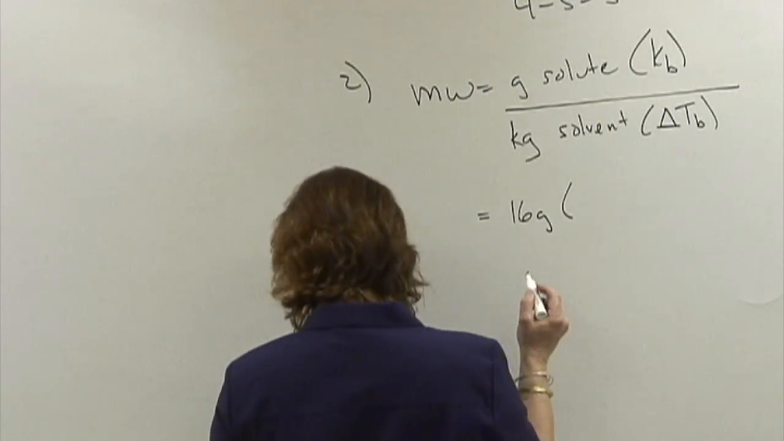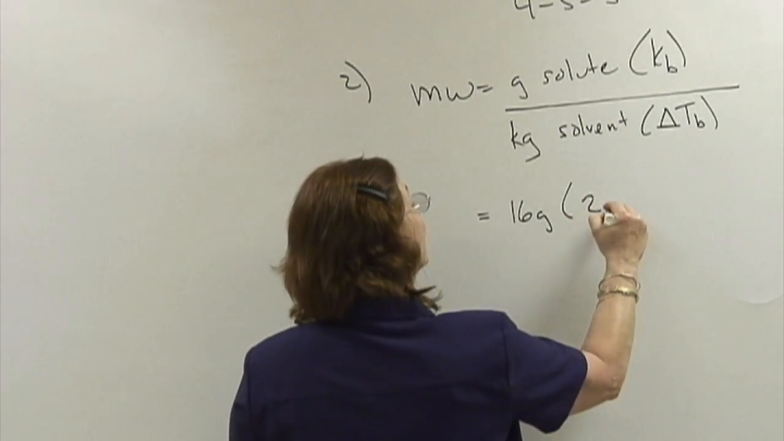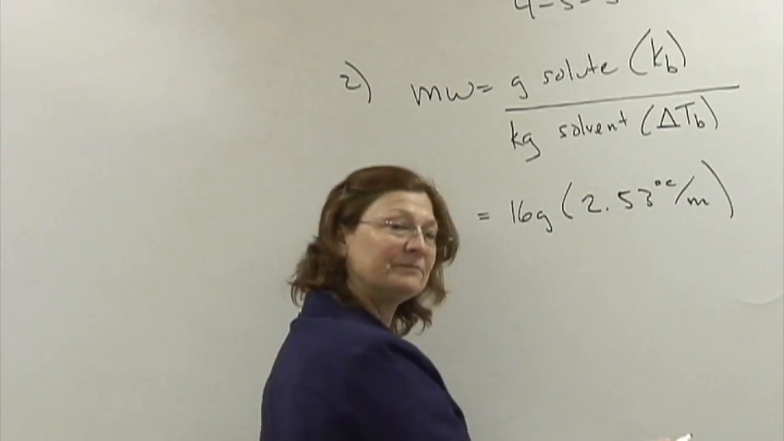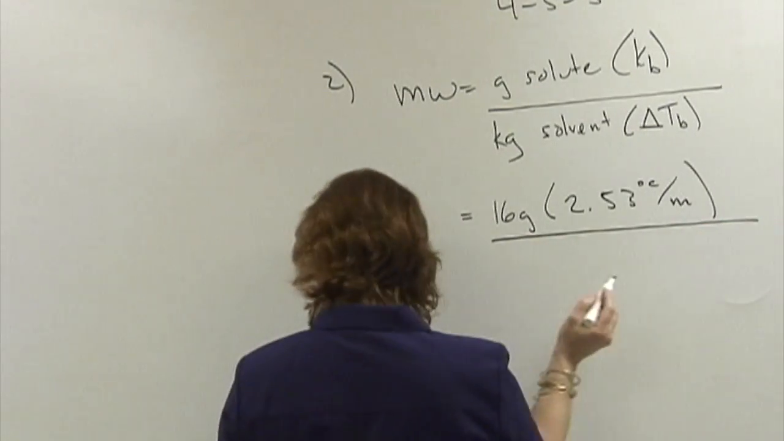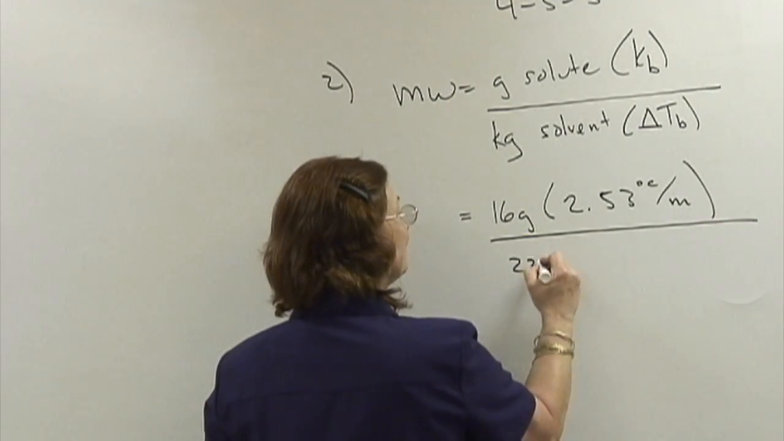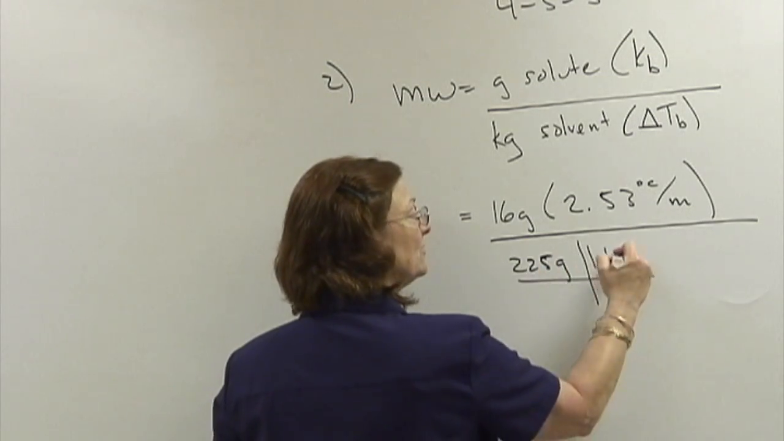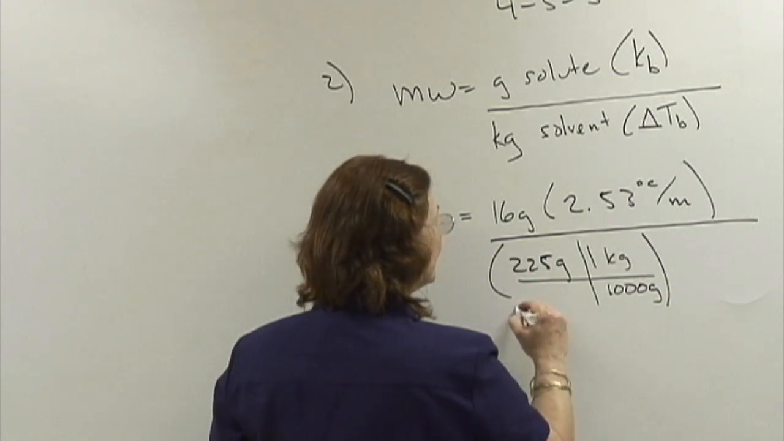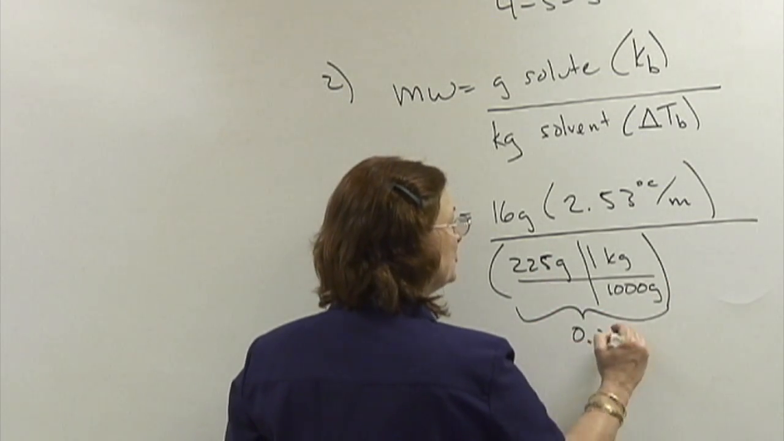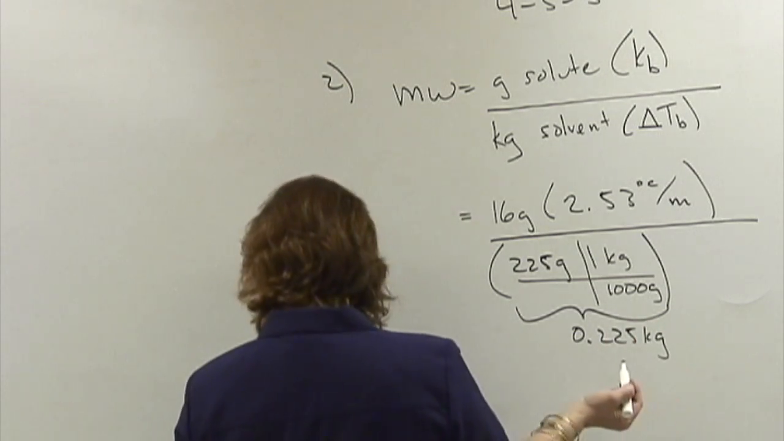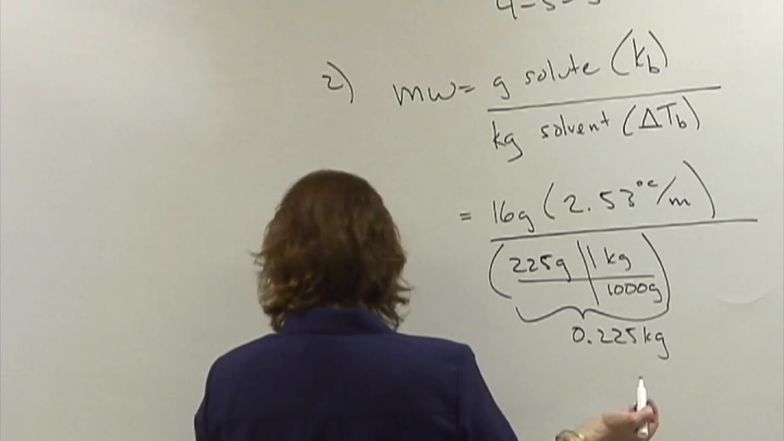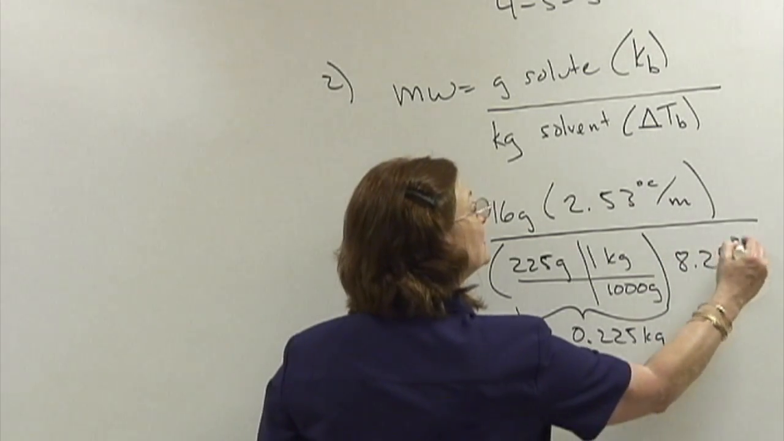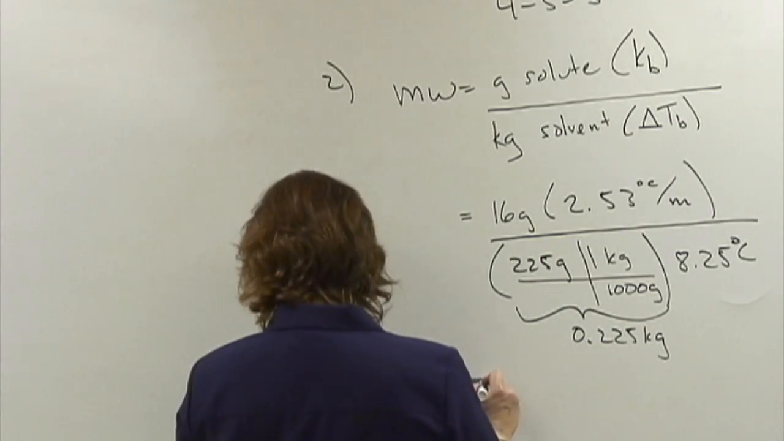And therefore, my boiling point elevation constant is 2.53 degrees Celsius per mole. And then for my kilograms of solvent, I am given 225 grams, which I must change to kilograms. We've done lots of conversions. And this number would be 0.225 kilograms. And then I am given the amount that the boiling point went up, and it is 8.25 degrees Celsius. And when I do the math here, I get